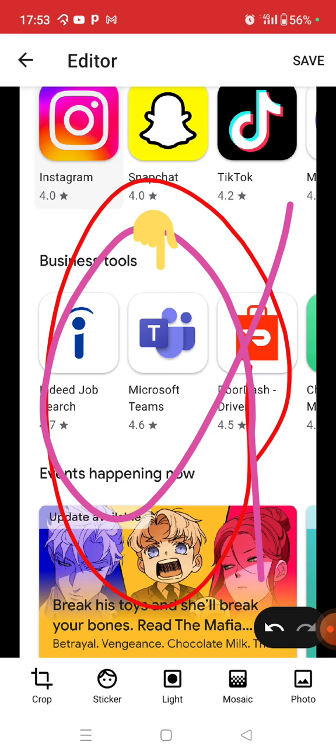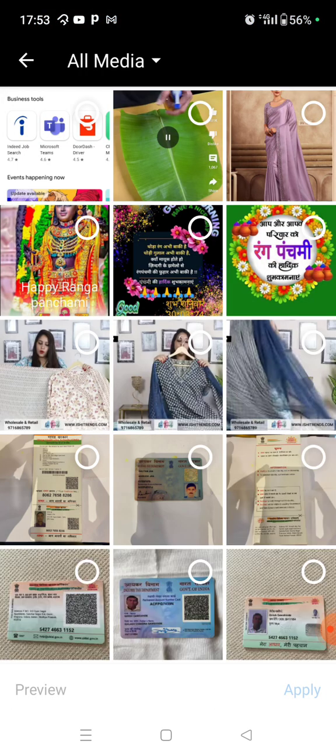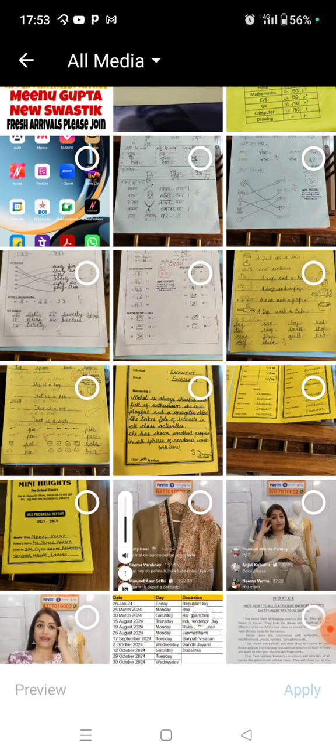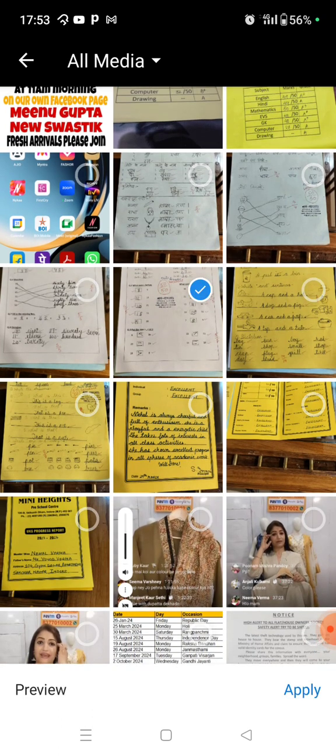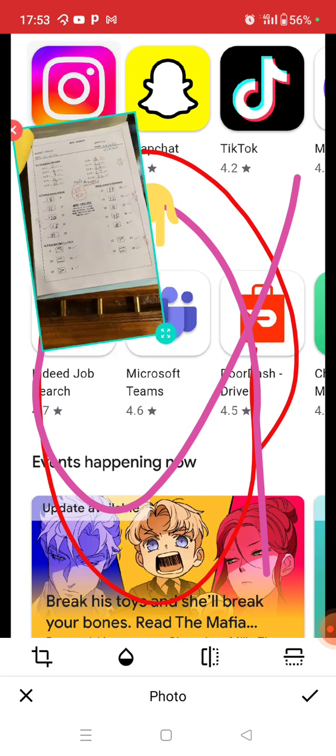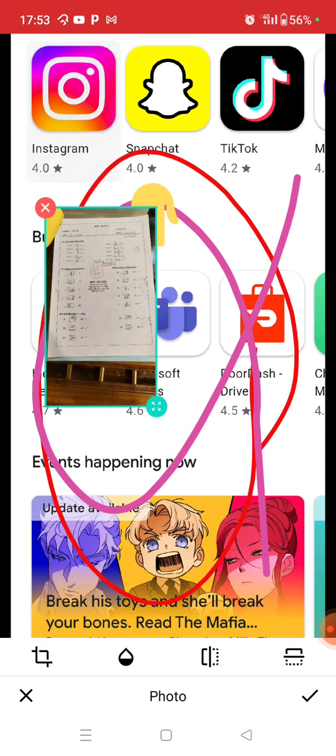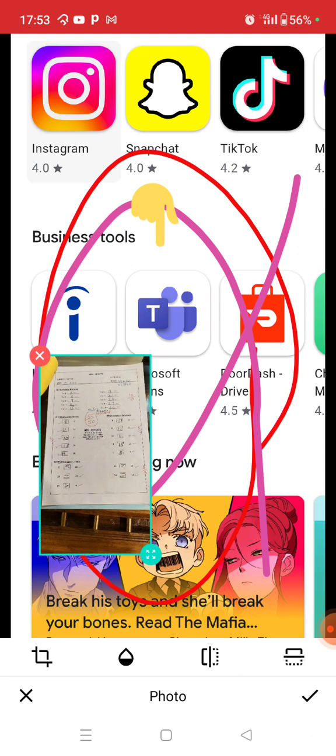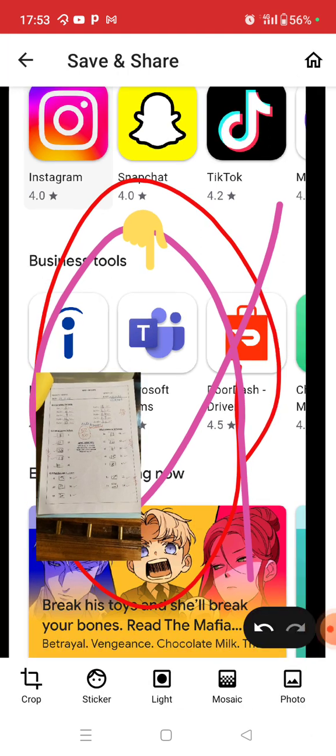I can add more photos on this particular captured image. Suppose I would like to capture one image here, okay, then I can capture here. So this is the image, the web page I have captured. I can add some more images on that and then apply and then save.